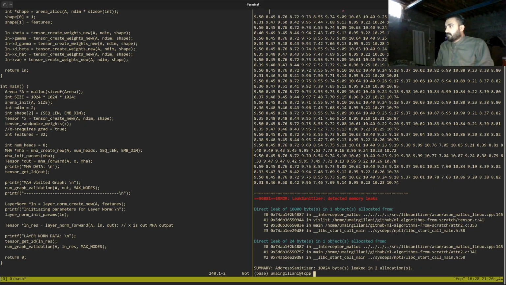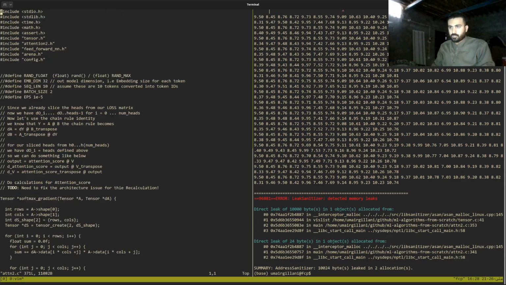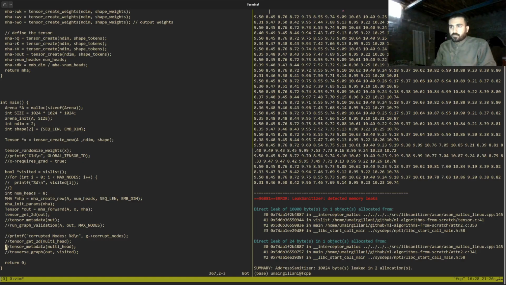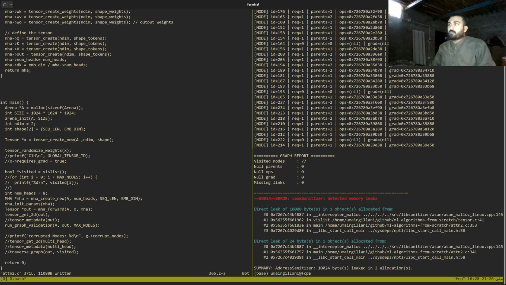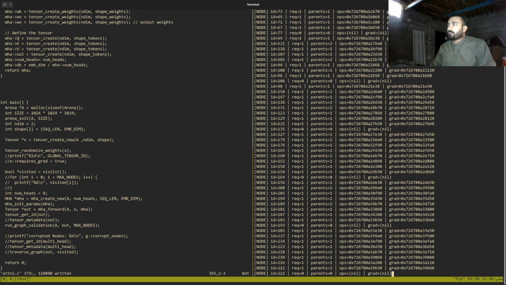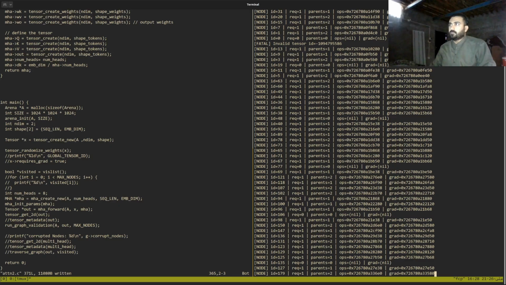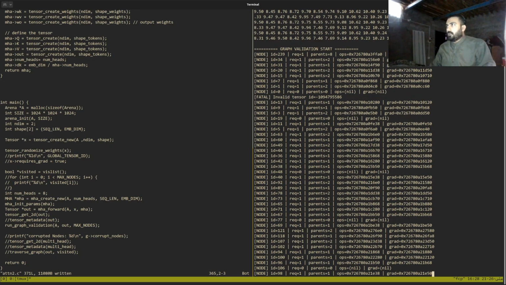And where exactly is the graph report? Let me go to attention and uncomment this for a sec so that you can see what the graph report looks like currently. So this is the graph report. We have all these nodes available along with their IDs, their parents' details, their backward functions,